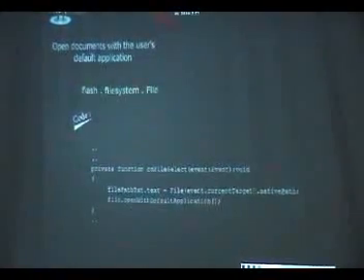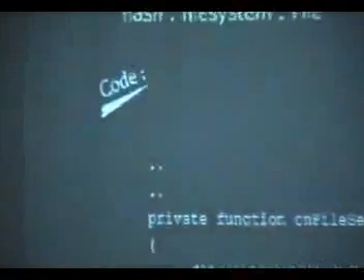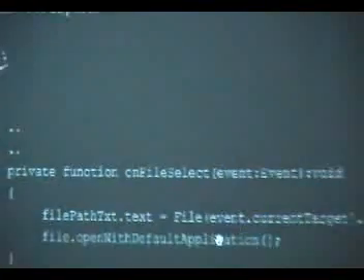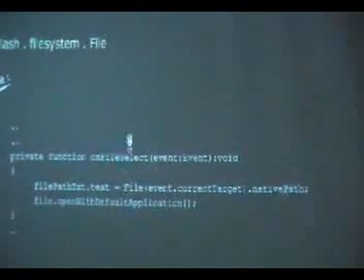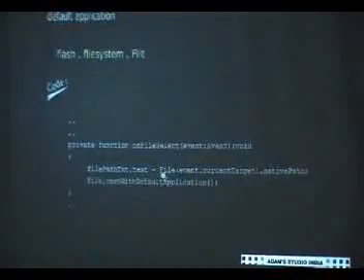Okay. This code explains opening with the native API. This is a part of the code from my application, and I'll show you in the application. Here is the application. First, just run the application. I'm just selecting some files from